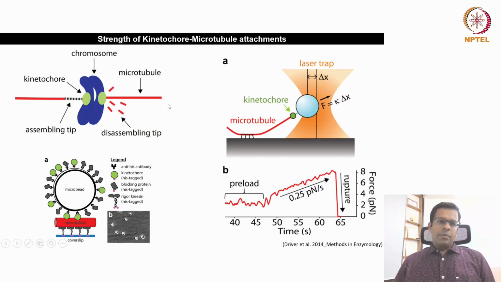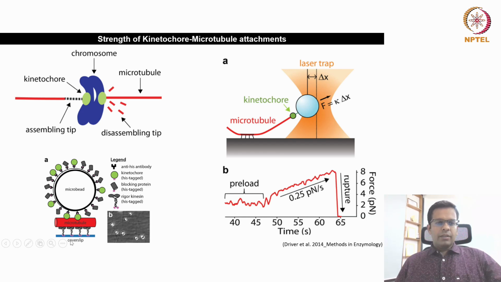Then let us see this experiment. So here, using these optical tweezers, they measured the force required for breaking this kinetochore microtubule interaction. So these are the chromosomes, and the center of the chromosome, which is known as the centromere, is connected to the microtubules with the help of this green colored protein complex, which is known as kinetochore. So if you want to measure how much force is required to break this kinetochore microtubule interaction,